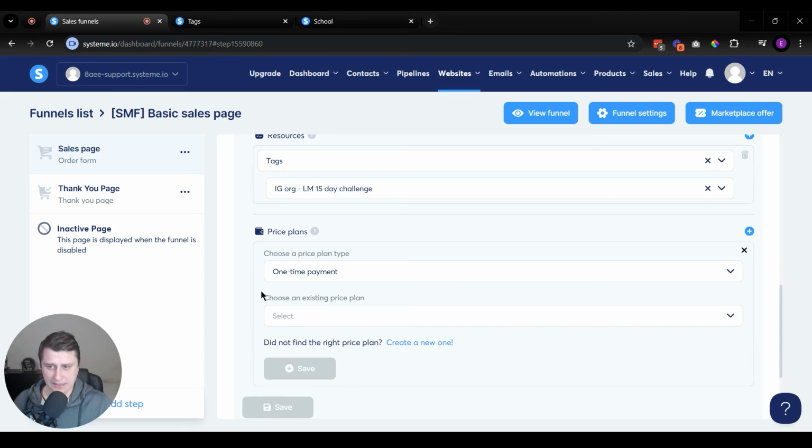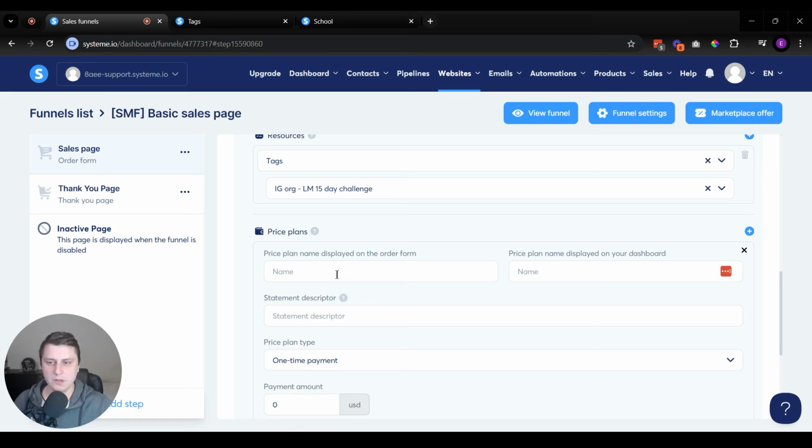So here we can select existing ones that we might have, but we assume that this is a fresh account. We've never set up a price point, so we're going to create a new one. Let's click on create a new one. Price plan name displayed on the order form, and price plan name displayed on your dashboard. Let's just name it product A,